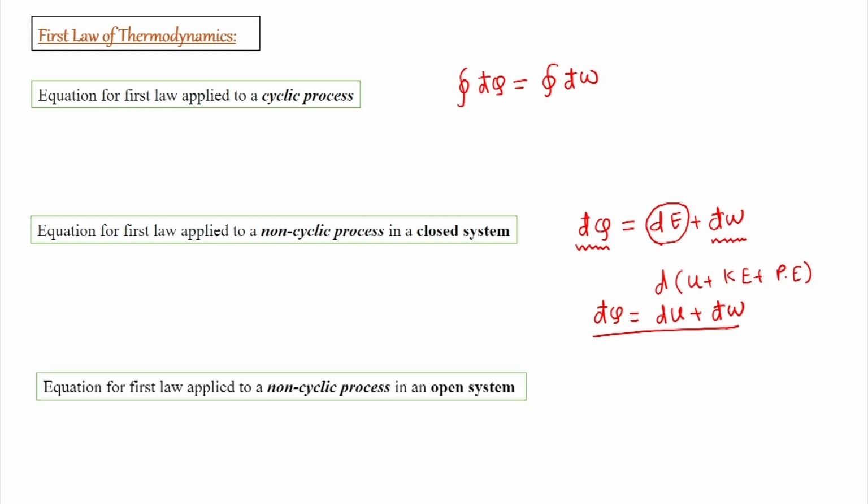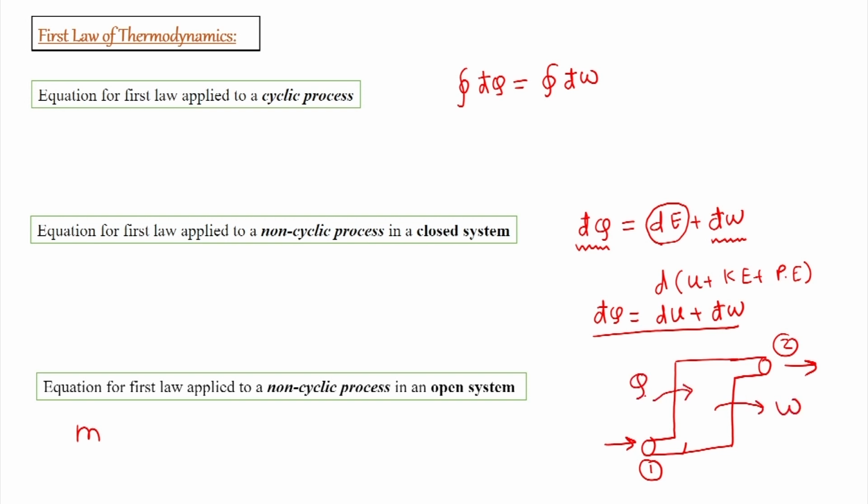And then we have a non-cyclic process in an open system. Again, understand a similar example where we have a certain mass entering into the system and a certain mass amount leaving out of the system from station 2, and in station 1 we have entry of mass into the system. Then we can write down the equation, supposing there is certain work done by the system,